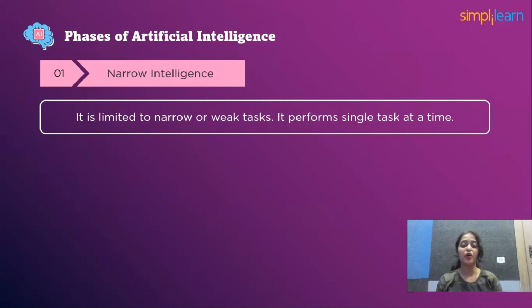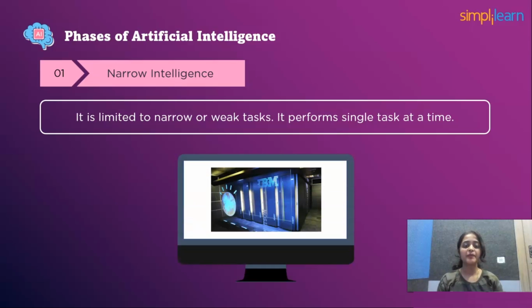This has widely occupied our day-to-day life. Siri, Amazon's Alexa, Google Translate, Google's translation work on natural language processing, which we will discuss later. IBM's Watson supercomputer is another example of narrow AI. It is named after the founder and CEO of IBM, Thomas J. Watson. It uses machine learning, natural language processing, and cognitive computing to process information and answer queries.